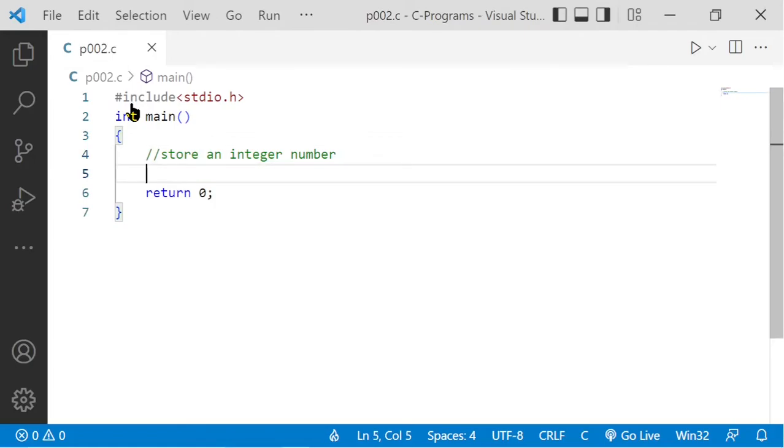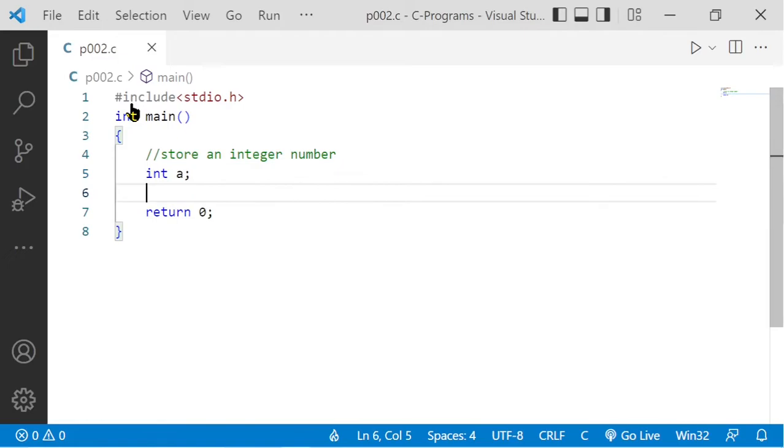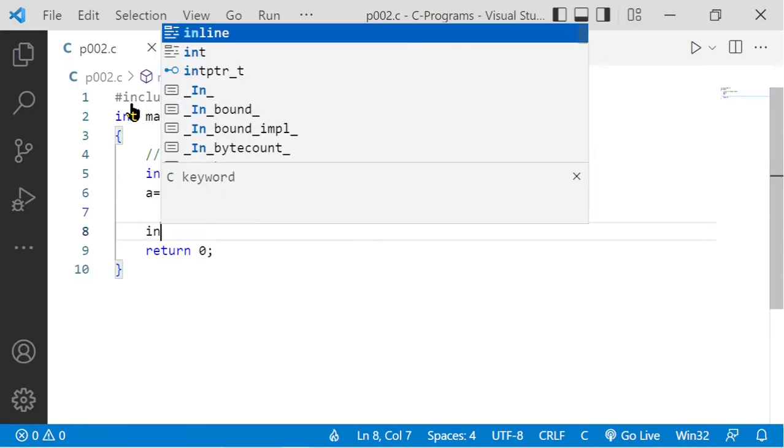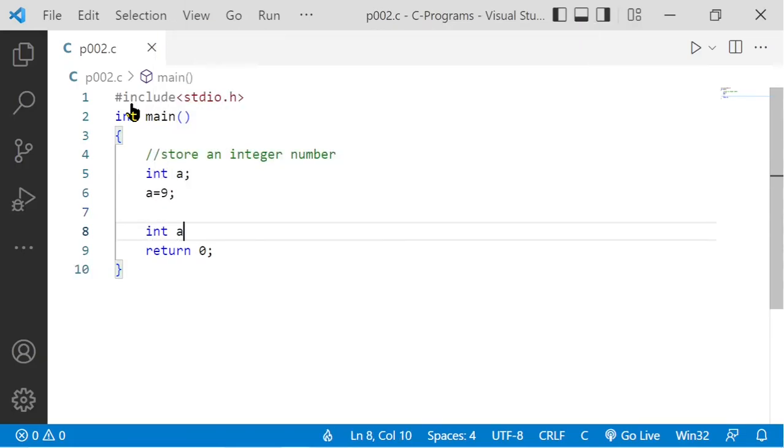So what is the first thing that we have to do? We have to first create the variable, int. Create a container. You can call it anything. For simplicity, I'm calling it A. And then in A, whatever number you want, you can store it. Done, like that. Or you can write int A is equal to 9, put a semicolon. Now when I write int A and int A equal to 9,